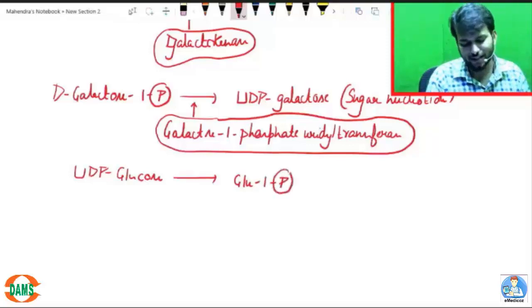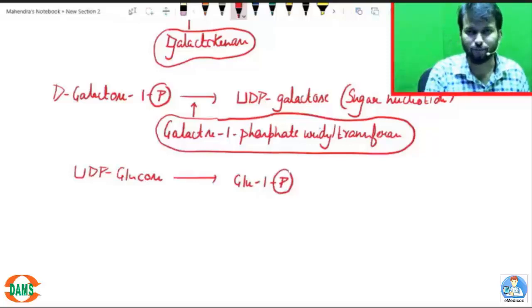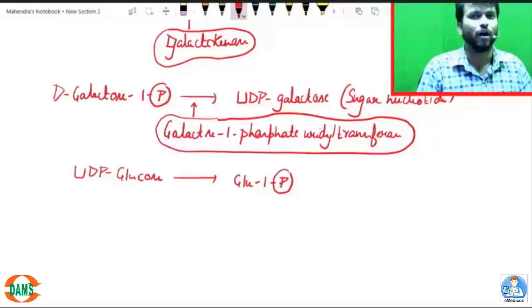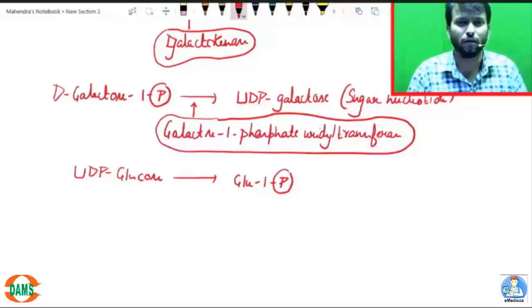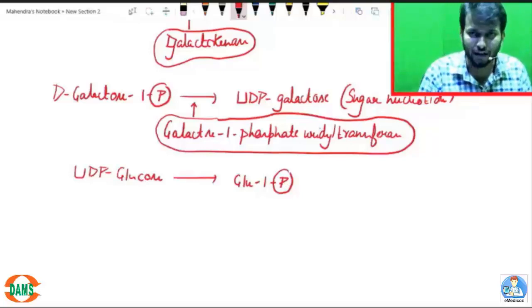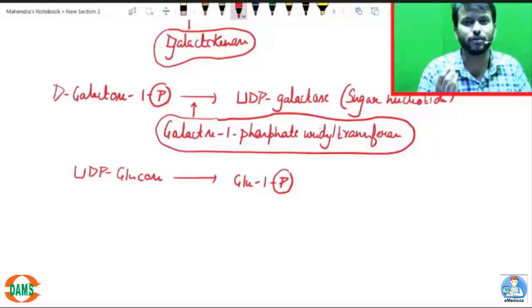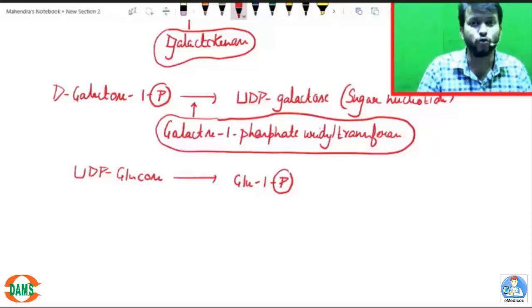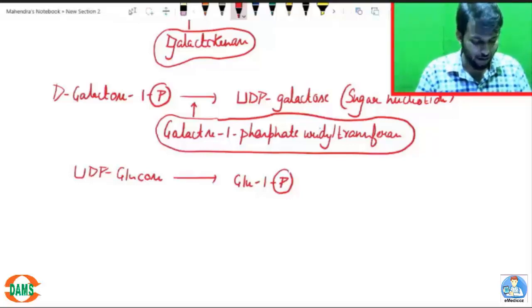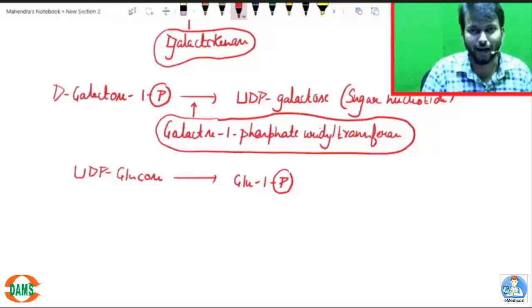So this type of enzyme, or this type of conversion, we have studied another mechanism in enzyme kinetics. Please refer to the enzyme chapter about multi-substrate analysis. All the multi-substrate reactions get converted into multiple products by a single enzyme. There are different mechanisms. One mechanism is the ping pong mechanism. Through the ping pong mechanism, we have defined